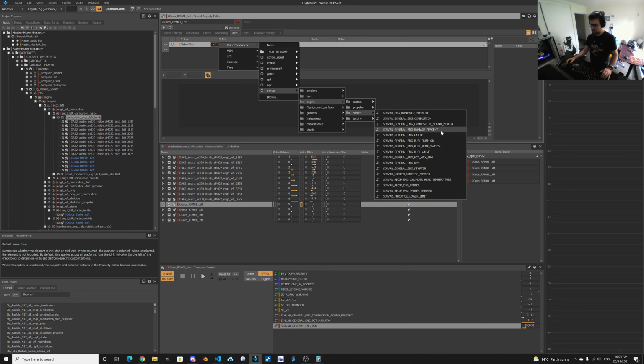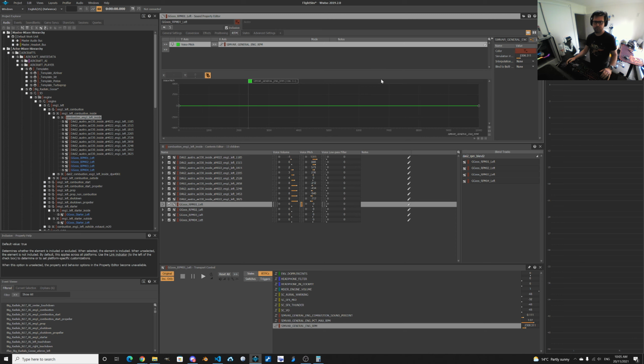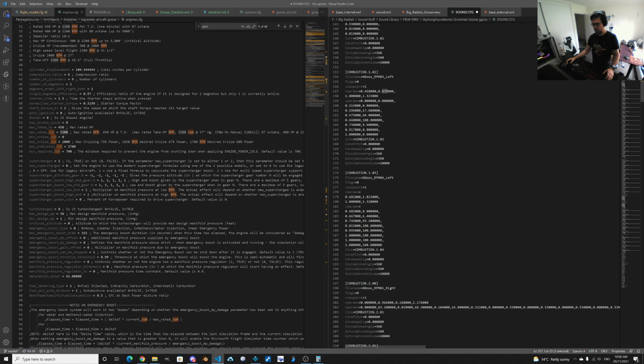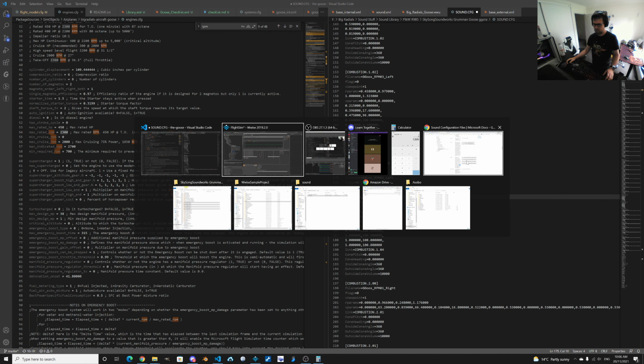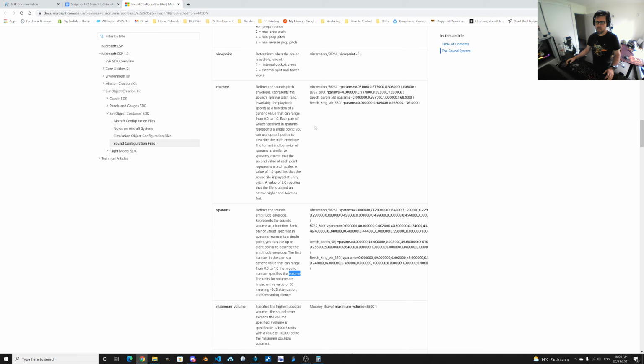Engine, general engine RPM. All right, so the only thing is that the pitch envelope, you kind of have to guess yourself, because the values that they use don't equate to the values that they're using here. But if we have a look back at the documentation, I'm pretty sure